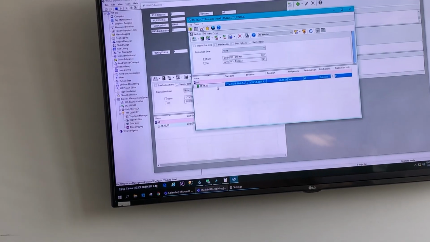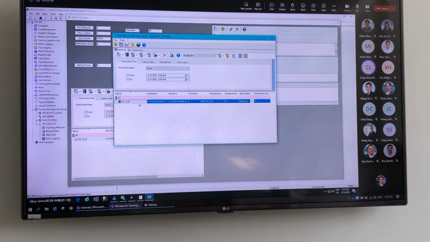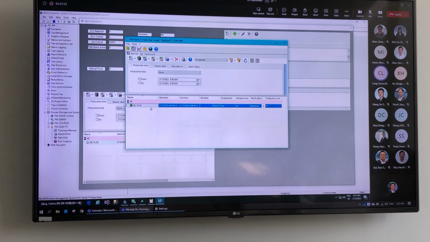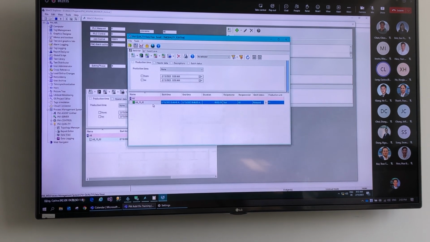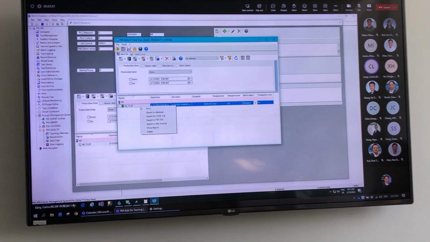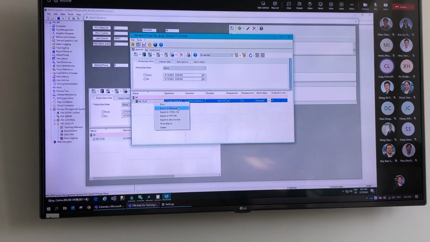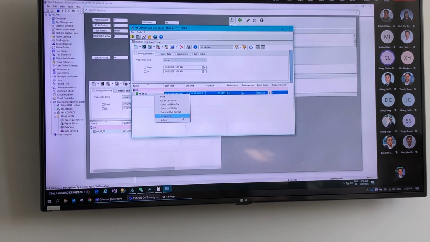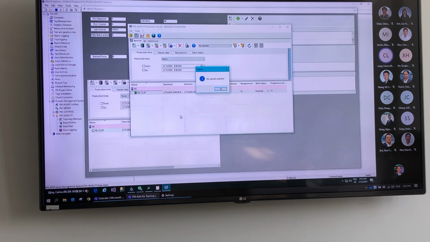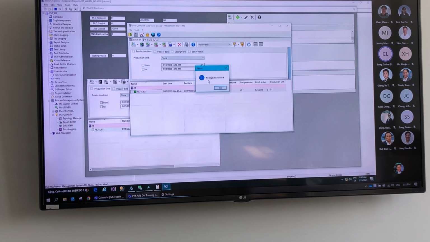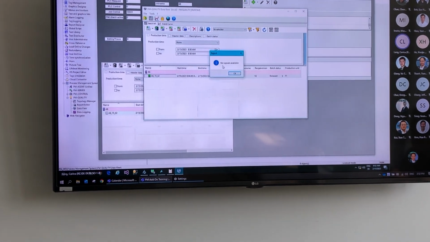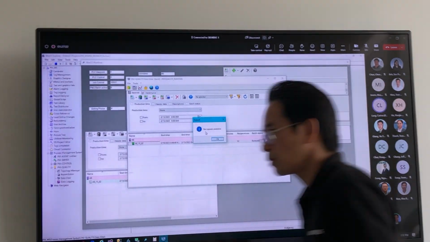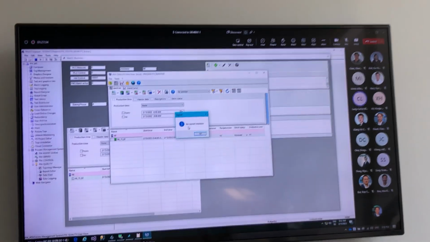Okay, so now we have a batch, we have recorded some data inside of this batch, and now maybe we want to display this data. So if we now do a right click, you see that we can print something, export the information, show report, or delete that one. If we now click on show report, you will see we get an error message with the information no layouts available. That means we do not have prepared any report layout, which can